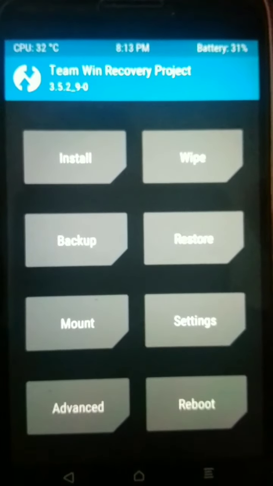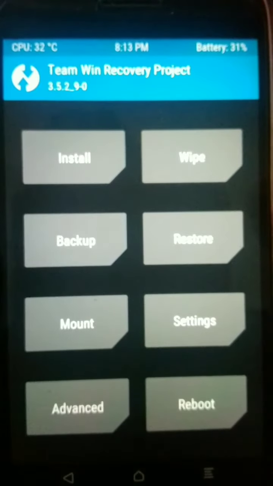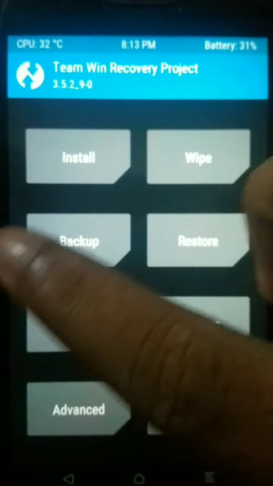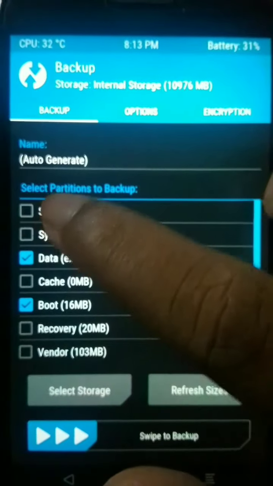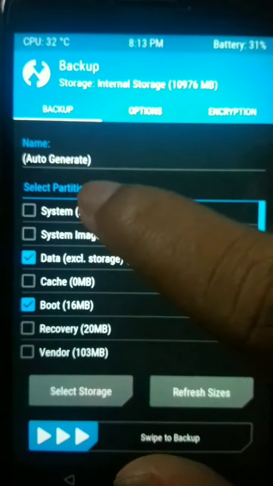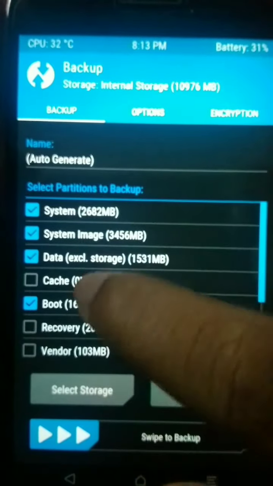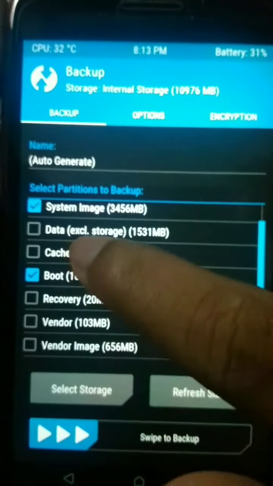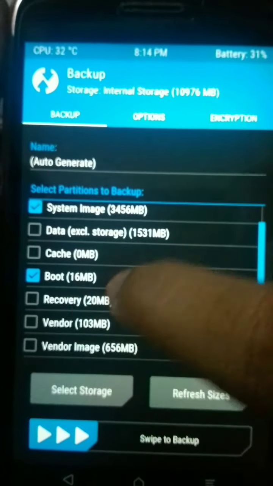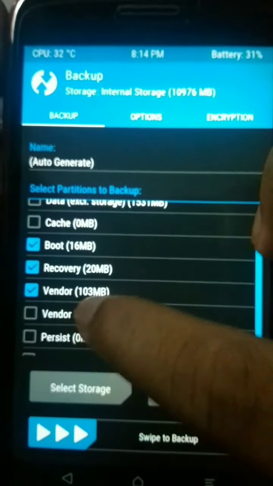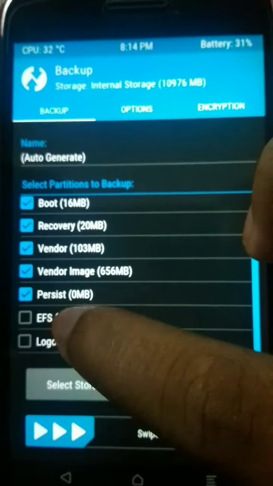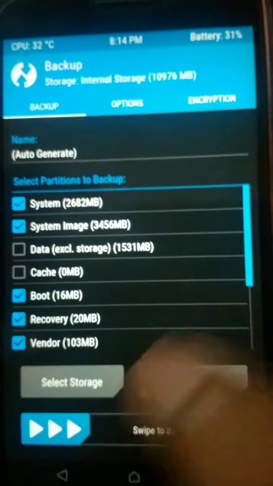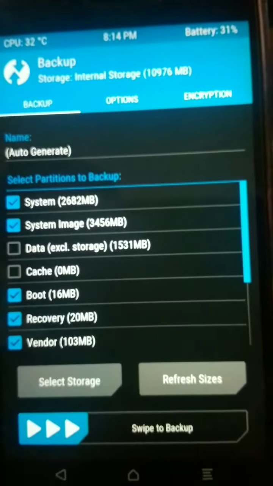Okay friends, now I am going to install this custom ROM on my device. If I need to back up my previous ROM, I can back it up from this backup option, and then I need to select my system image, boot, recovery, vendor image, persist, EFS, logo, and select everything including data, and you can back up your current ROM.